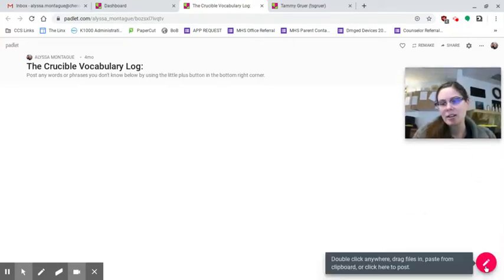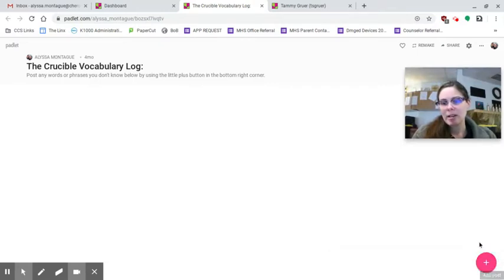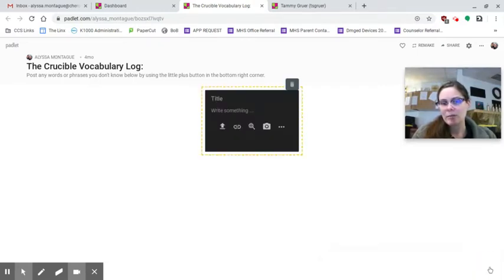If you go down here, you can see there's a little plus button, and you can add a post. When I add a post, something will pop up here. You can give your post a title. A lot of times, you will put your name as the title for classes, because you don't have to actually have an account to use the classes. I can share a link to this Padlet with you guys, and you can anonymously post. If you want to know which students are posting what, you can encourage them to create their own accounts, or you can tell them to go ahead and type their name